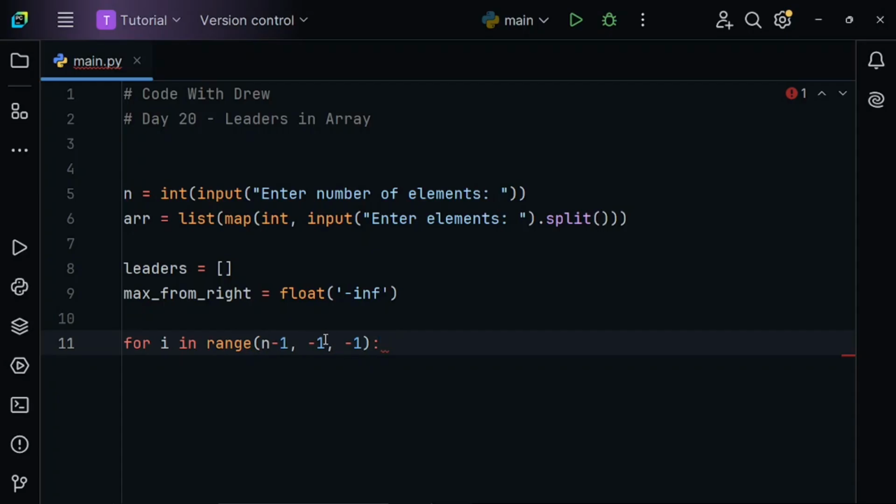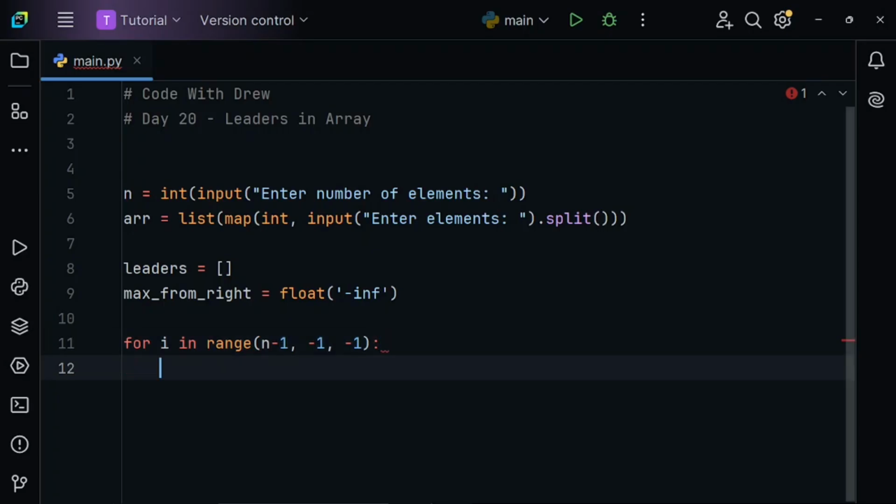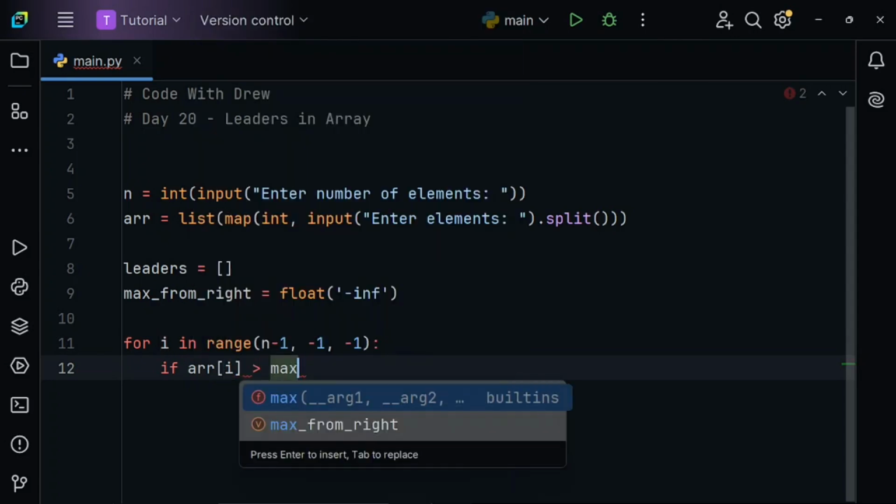So if the current array element is greater than max from right,